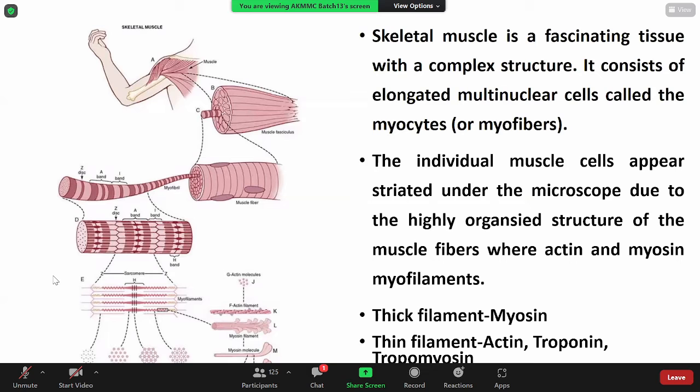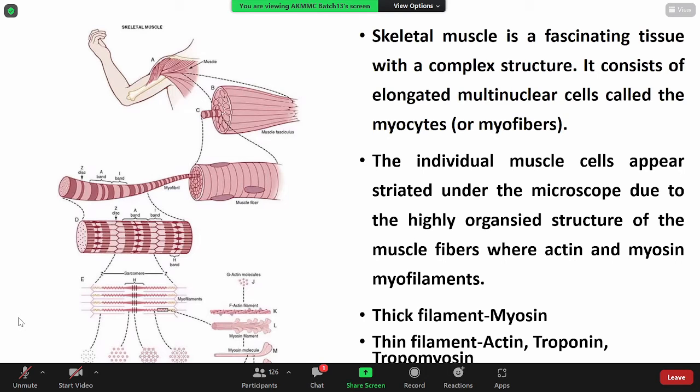So we said this light band contains only actin filaments, and this is called the I band. In the I band, the polarized light can pass through, so this is isotropic to polarized light. What is an isotropic substance? Just as glass is an isotropic substance, light can pass through these things. That's why they are called isotropic.